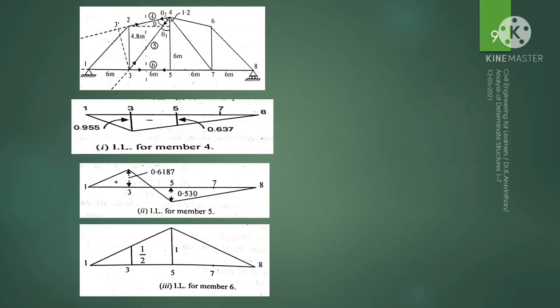The diagonal has both positive and negative. So these are the diagonals, and the diagonals have minimum values compared to the top and bottom chord. So you can see that this is the value of 1 at the bottom chord, which is member 6, and this is the maximum value of 0.955. This is at the top chord. And you can see that always the diagonal member took the limited number of force when you are comparing. So this is yet another understanding of influence line diagram for a bridge.